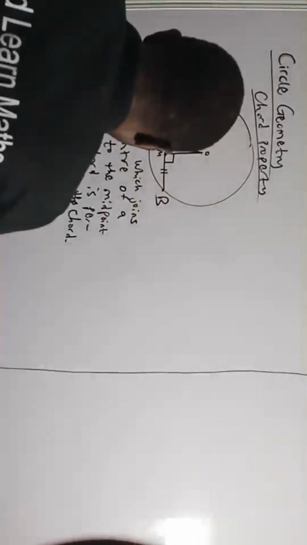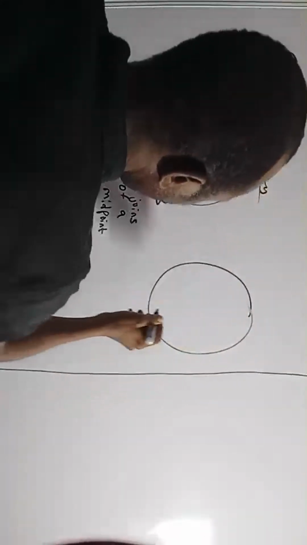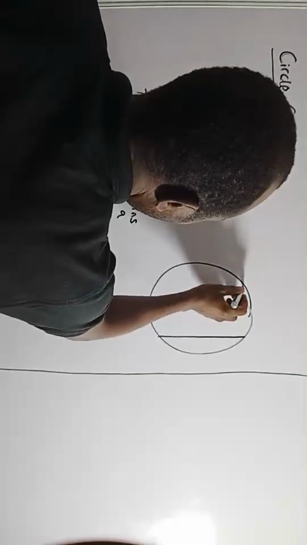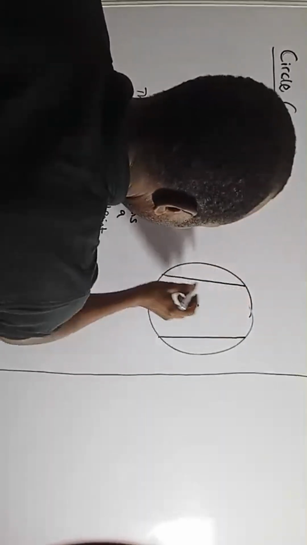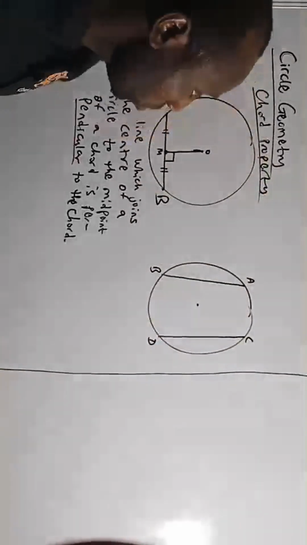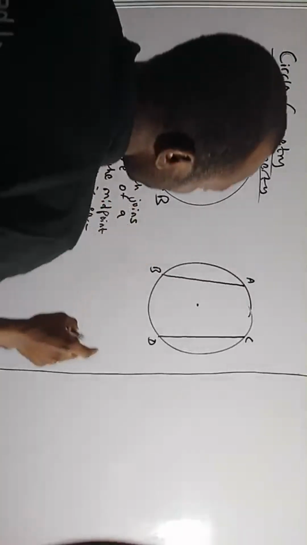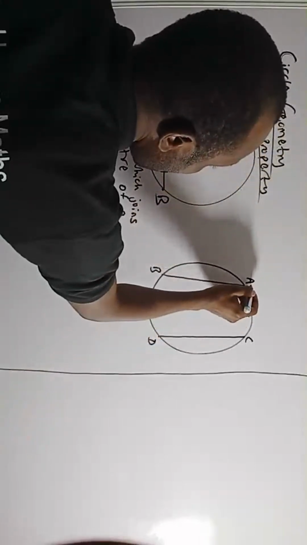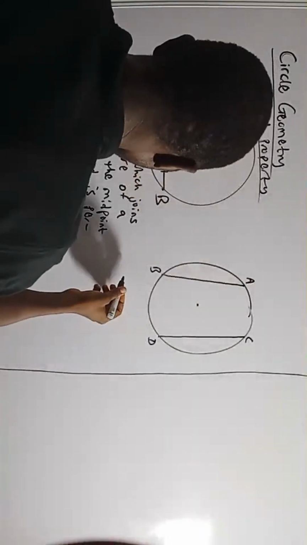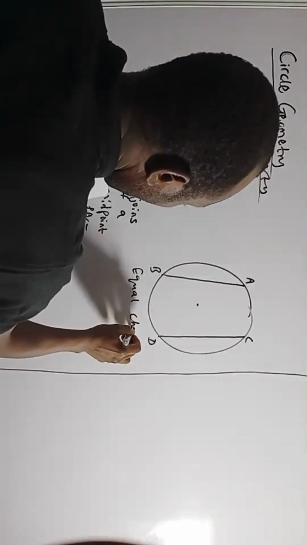So let me draw another. Maybe I will not have to write the properties because of time. As you can see here, we have two chords, AB and CD. So from this chord property, if chord AB and chord CD are the same, then we can simply say, let me just write the property: equal chords of a circle